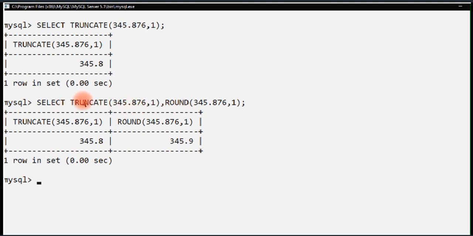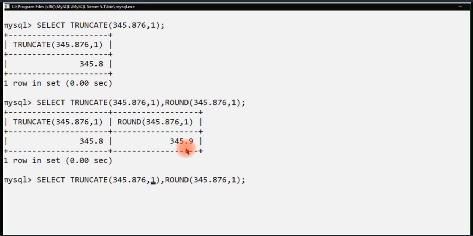In truncate we are going to cut off the values, that means round down the value. In round we can do round down also, and round up also, depending upon the value after decimal. If it is less than 5, always round down, and if it is 5 or more than 5, it will be round up. Now what if we are giving a negative value?